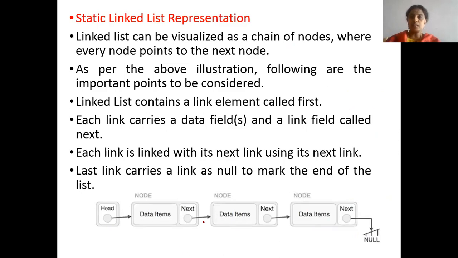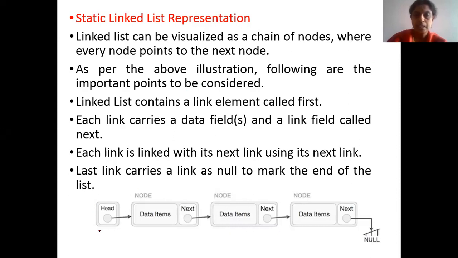So let's start with the static linked list. As we have discussed so far, only the link is maintained.